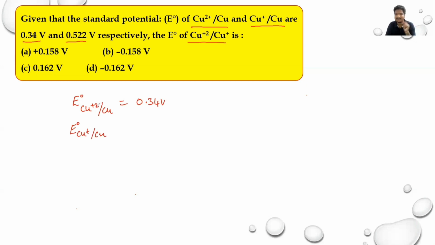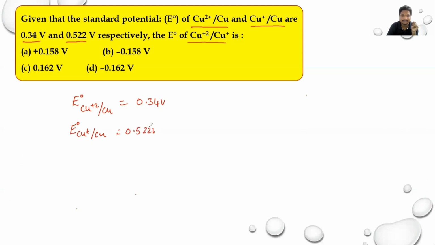So here it is reduction potential. Why am I calling this reduction potential? Here copper 2+ is converting into the copper atom. So this notation denotes that Cu2+ is converting into copper, which means there is a decrease in oxidation number, and a decrease in oxidation number is what we call reduction. So this potential is the standard reduction potential, that is 0.34 volts for this, and for Cu+/Cu it is